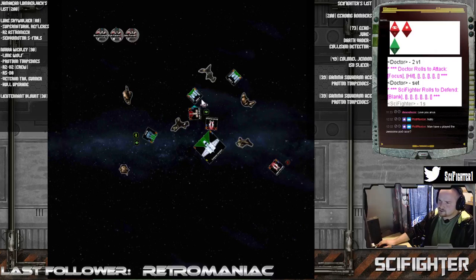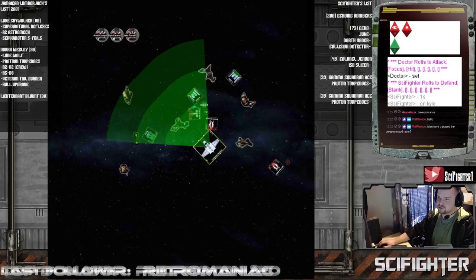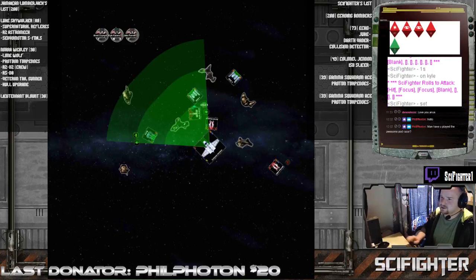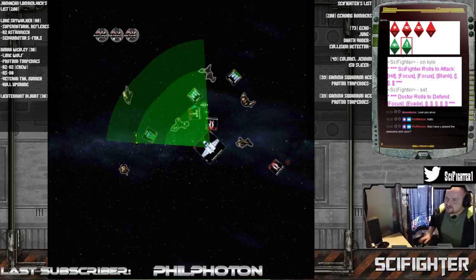Okay, so now we have Jendon on Kyle. 4 dice because he's a big bruiser. We could shoot backwards at Jake, but I'd rather not. Four dice. Boom! Not so much. Set. Mostly here, if we can... Nope. I was thinking if we can get him to spend his focus, that would be worth it, but...